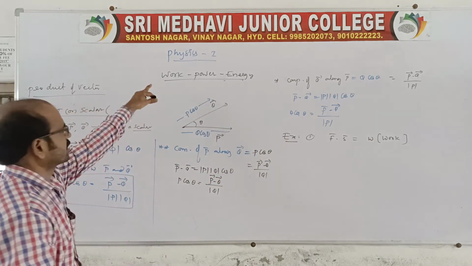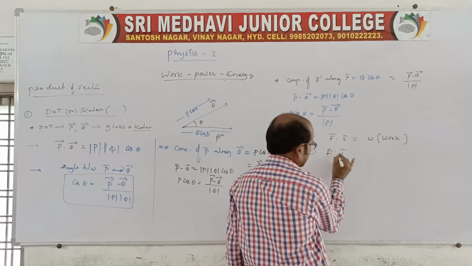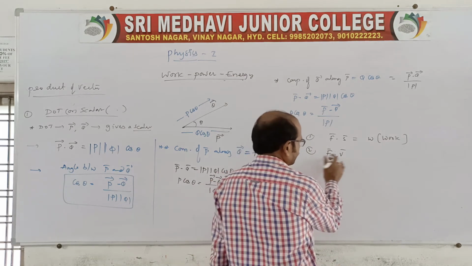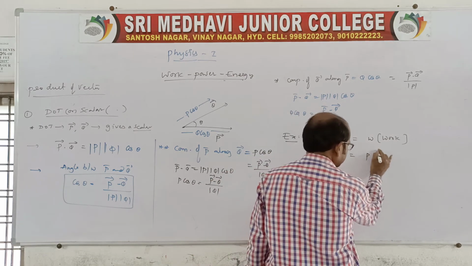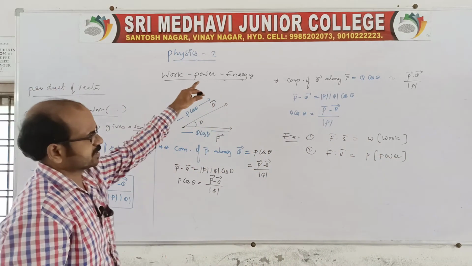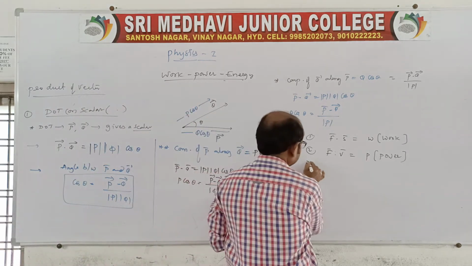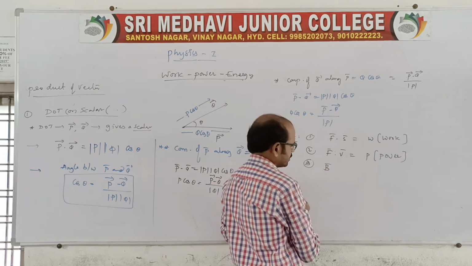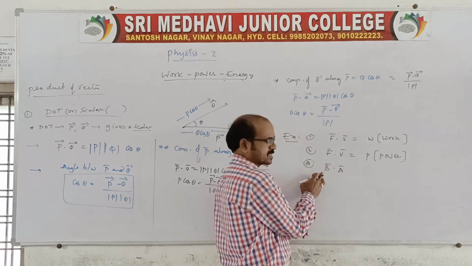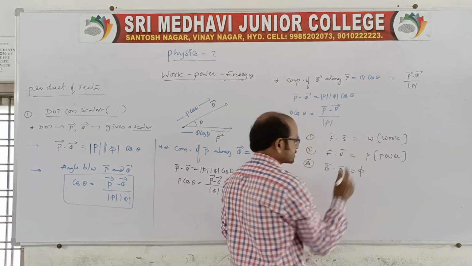That's what we are now discussing in this chapter, work. And go for the second example. Suppose force dot velocity, because force is a vector and the velocity is also a vector. The dot product of force and velocity gives a scalar, which is represented as the power. Yes, this is work and power. Energy is nothing but work, or the different forms of energies. And I'll give you a third example. There is a magnetic field and an area vector. So the dot product of magnetic field B and area vector A gives a scalar. The scalar is represented as the flux.